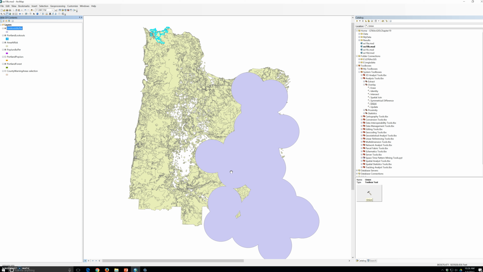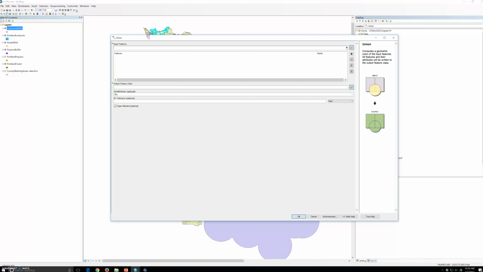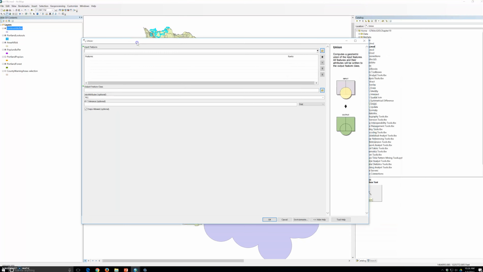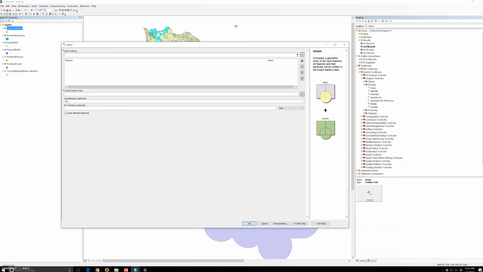So in the menu bar, we're going to Geoprocessing, Union, and let's just use this tool. Once you click it and it pops up, it's in my other window, so I have to drag it back because I want you to see the status pop up. So now let's fill in the Union